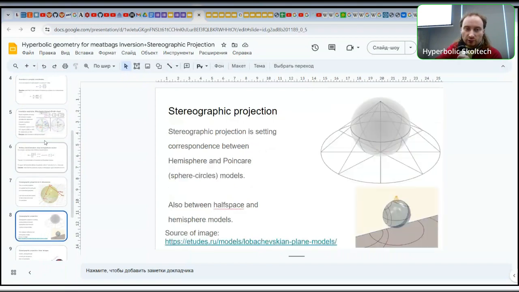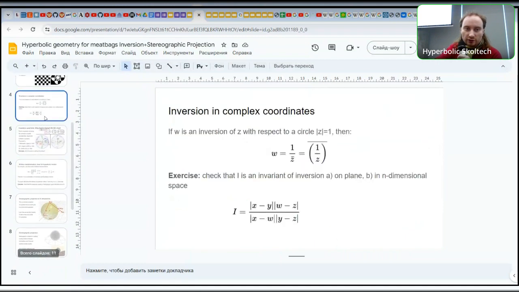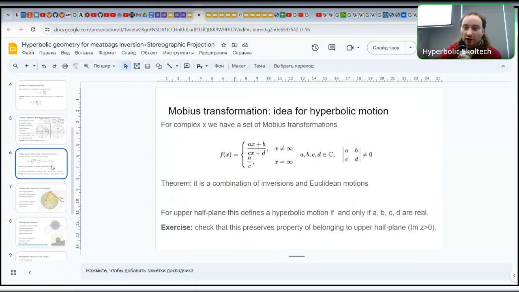And actually for the plane there was a group formed of fractional linear transformations with A, B, C, D real numbers like this,